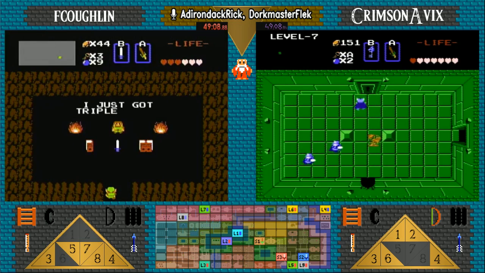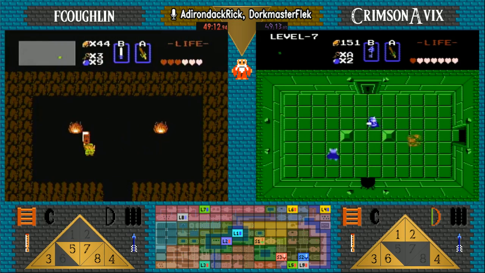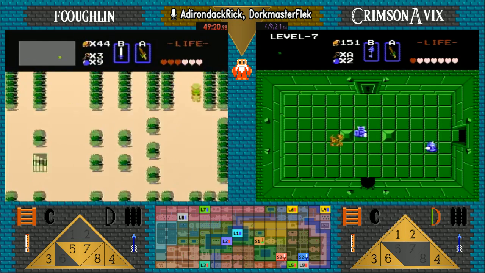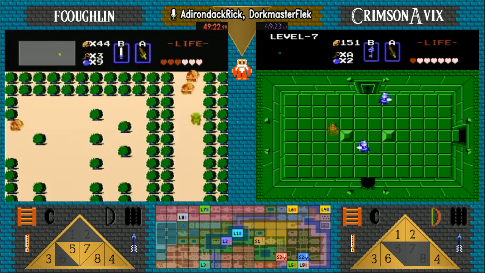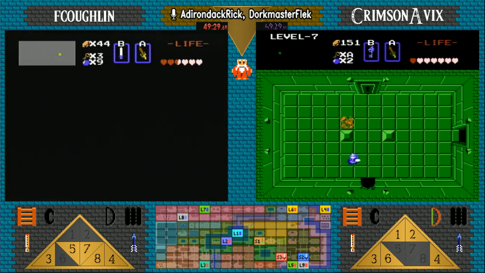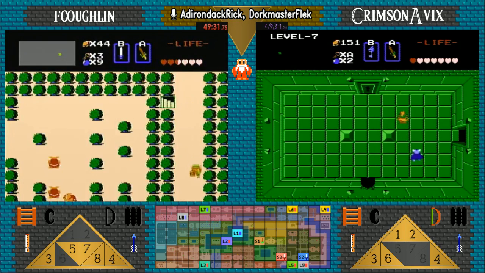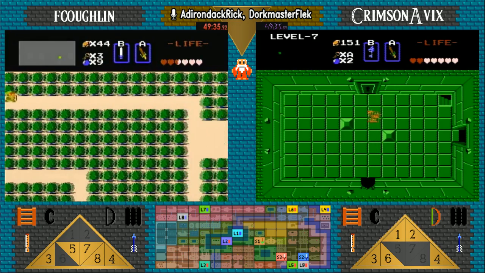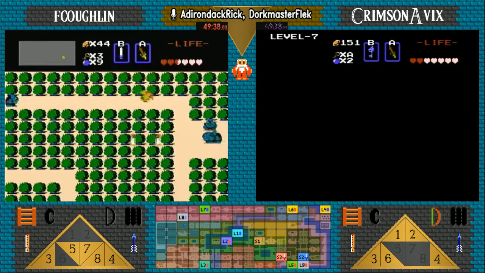Crim's still fighting off these blue Darknuts here. He's almost got them. It would be nice if they had a wand to help them out. Or a white sword. Yeah, that would definitely help. So far, we're still just on the wood sword. Fortunately. For all we know, both of those could be in level 9. That is true. Since we found the silver arrows outside, we know that the silvers and red ring are not forced into 9, so...